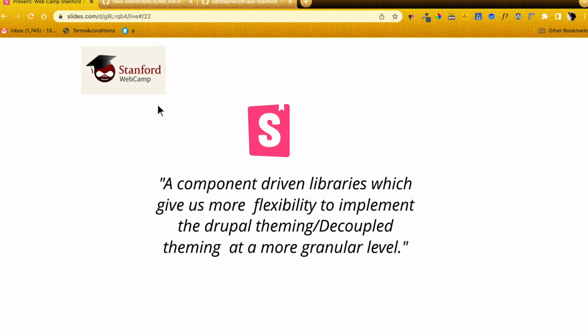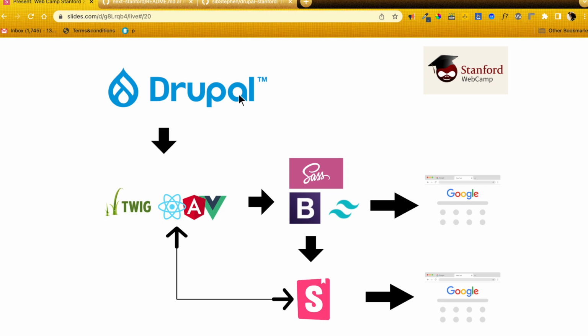So let me talk about this. We have a Drupal application, we have Twig. It has its data exposed either to decoupled applications or to the Twig which is used with Drupal. We have data which is sent to the browser, but before that there's some theming done using Sass, Bootstrap or Tailwind, and once it's themed it is displayed in the browser. And in Storybook, what happens is it communicates with our decoupled application or Twig,